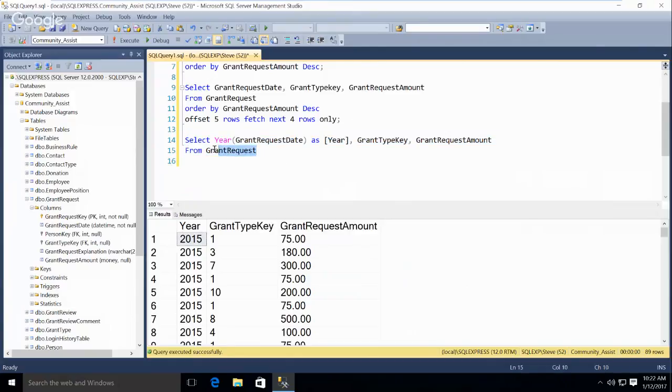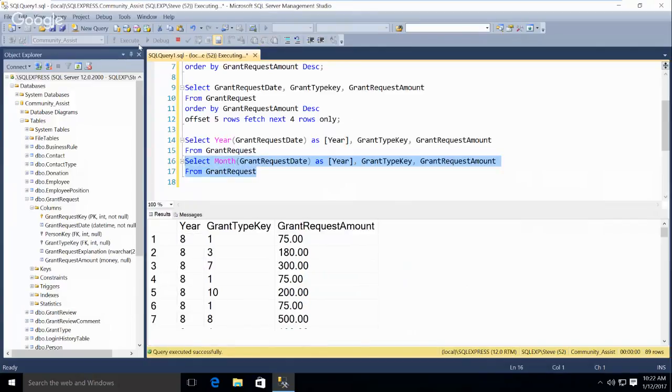I'm just going to do these really quickly. So I'm just going to copy that. You can do the month. And I think a lot of these will have the same month because of the way that they were inserted. Oh, I didn't change this. Let's change it from year to month.